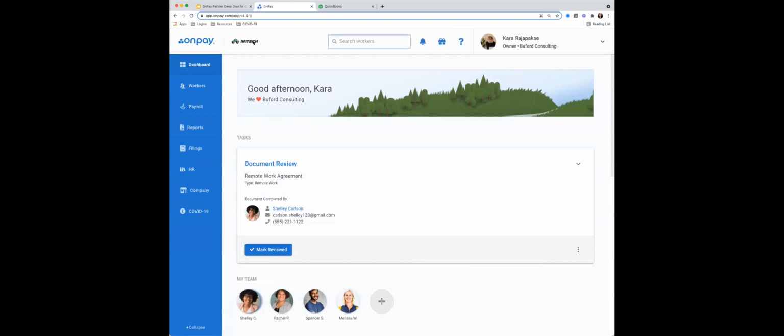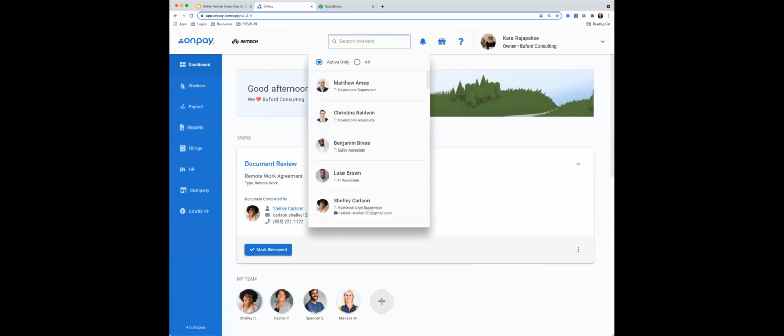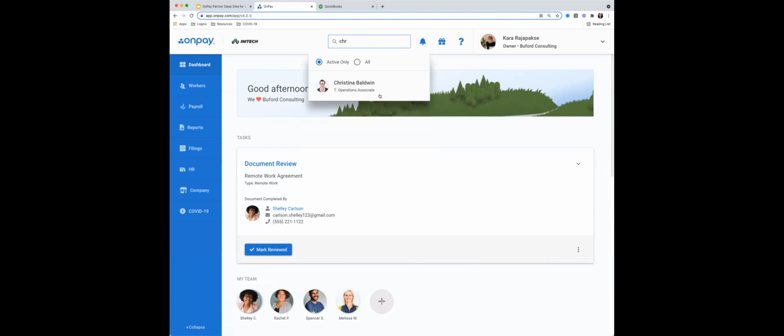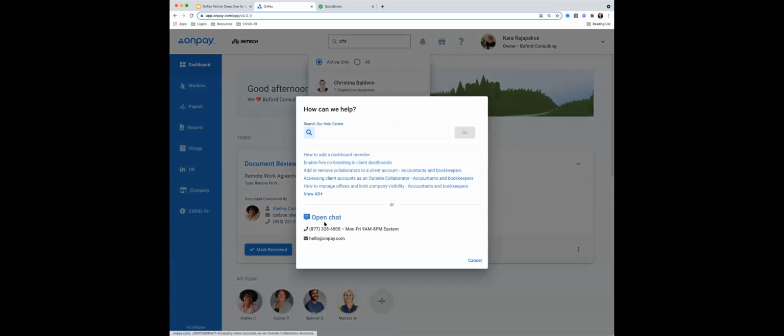And just as a very quick refresher, just as an orientation as well, what we're seeing here, upper left-hand side, depending on the amount of clients that you bring on board with us, we can always co-brand this screen. We can easily search for different members of my client's team. Have a question, reach a live human, not a robot, open up a chat, give OnPay support team a call, send them an email with any questions. All the reps are US based. All of them are trained on payroll. They're friendly, happy to help you out. But of course, we do have a 24/7 knowledge base as well.